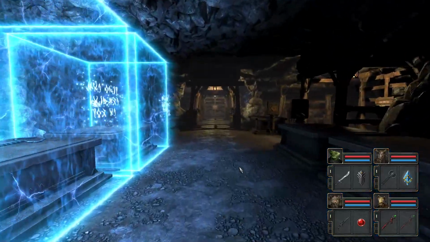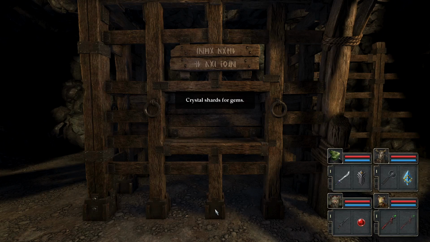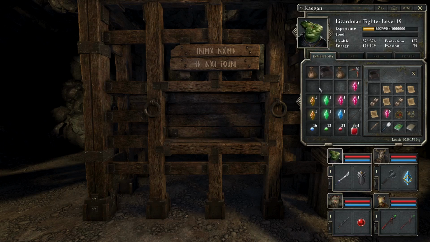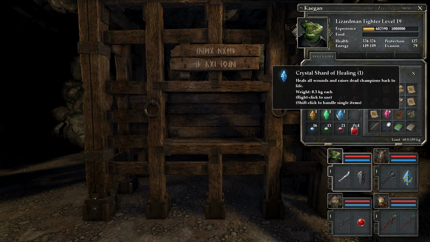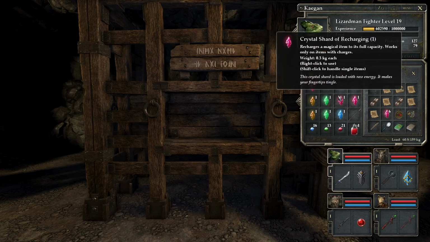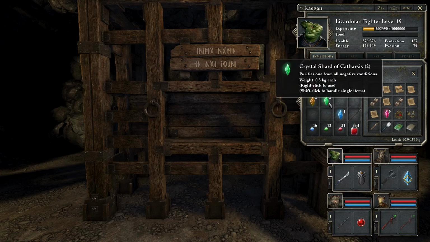Does Glückenspiel sell... It probably doesn't sell Shards of Insight. What does the shard... Crystal Shards for gems. What can I buy here? If I spend a red... Oh, he does! So red gives me those things. Green gives me these things. Blue gives me just a recharging. Okay. So healing included with Catharsis, Insight, and recharging. So it's always recharging. It's Insight and Catharsis for...